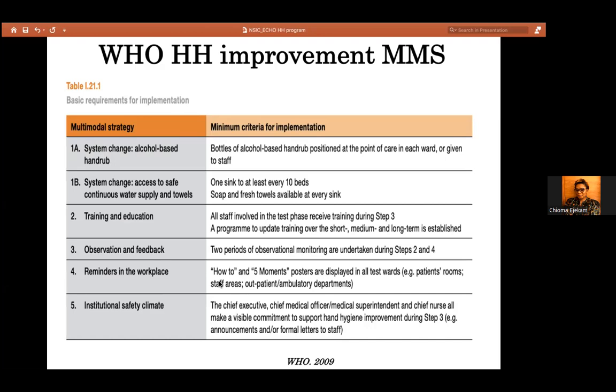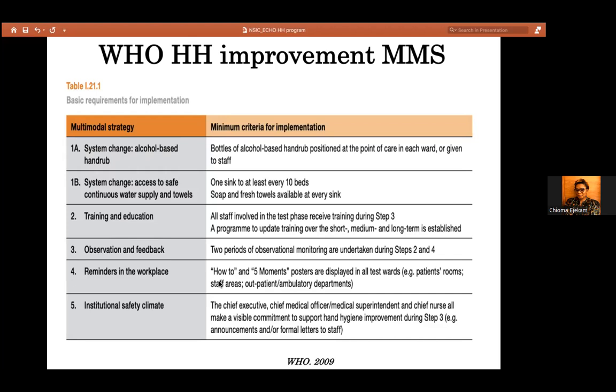It has been advocated that 1 in 10 beds should have at least a hand washing station, but I think recently they put it to 1 in 6 beds. Beyond that, what makes a functional hand hygiene station is that you need the water, the soap, liquid soap preferred, and fresh towels, okay? Disposable towels should be available at every station. You also need to ensure that your staff are trained periodically, okay, on different things.